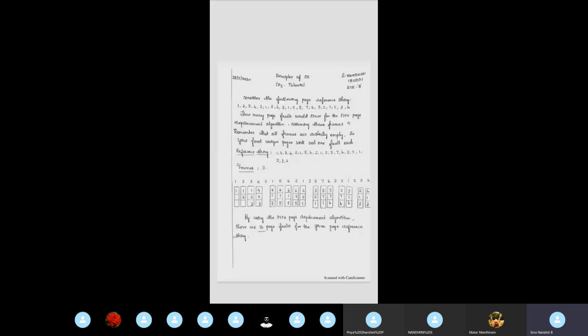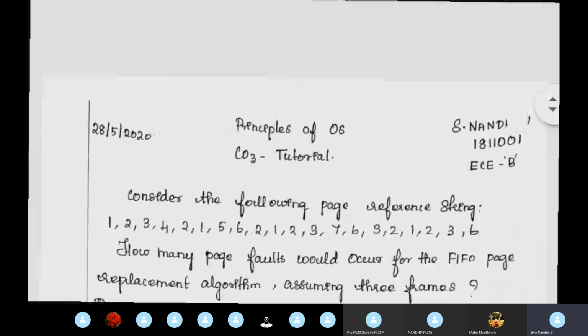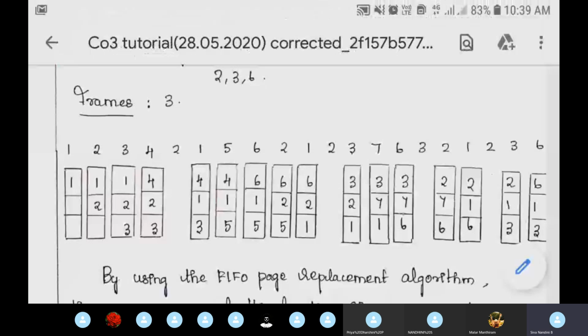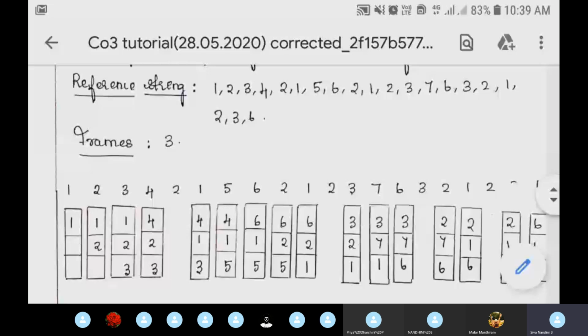Okay, after this, we shall see the first in first out replacement algorithm. Many are confusing the first in first out replacement algorithm and the least recently used algorithm. Don't confuse it. In the first in first out algorithm, it is a simple algorithm. From the name itself, we are saying the page which enters the frame first will be replaced first. Highlight that word: entered, not recently used.